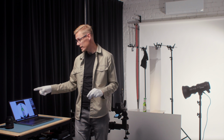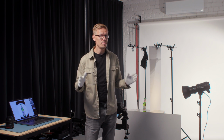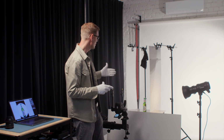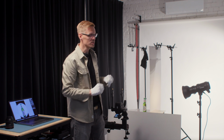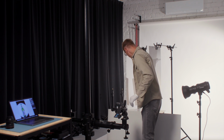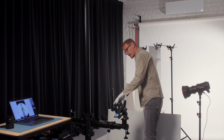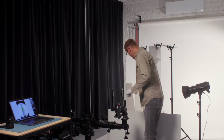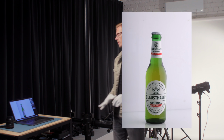So for that, I can fix this issue by placing one diffusing material really close to the bottle, and this will eliminate all the ambient stuff that I have in the studio. So let's see if I try to use this small one, then right now probably we will get still a darker background because the light is cut off by the background material, but I can show you what I mean. Here we go. Reflections are gone,